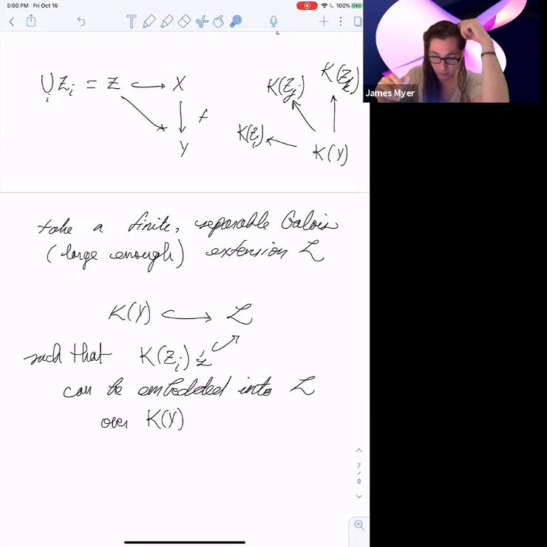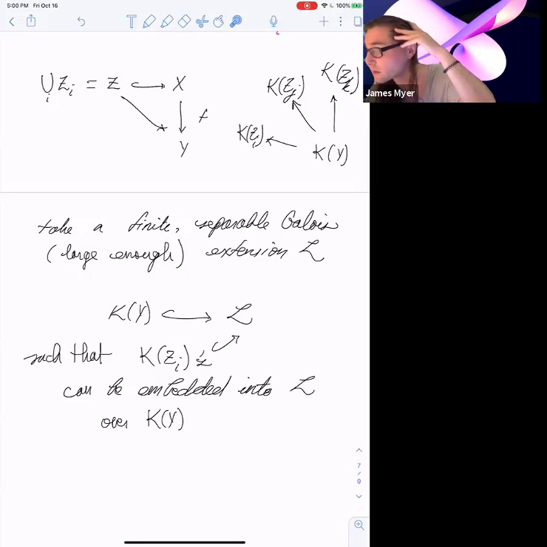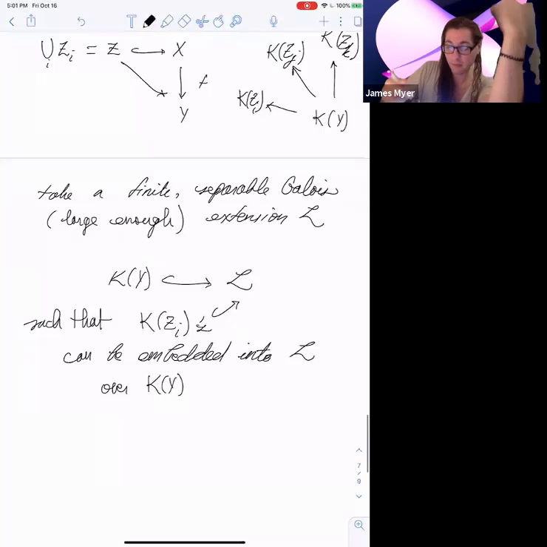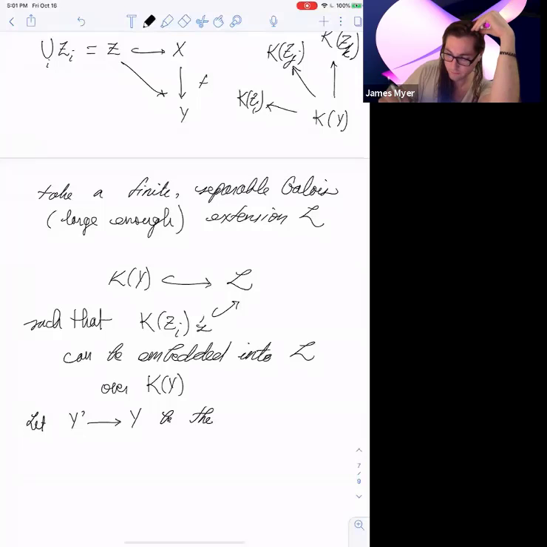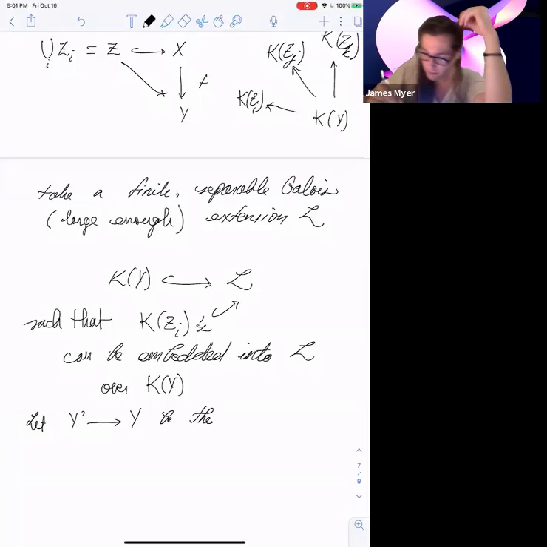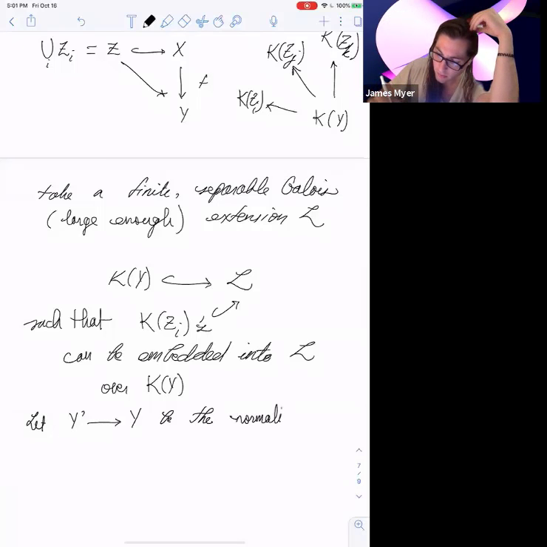Okay, now, so what's the point? Well, now we've got a finite separable Galois extension L of k_Y. So now what we do is we say, let, so how are we going to make our alteration? Well, we say let Y prime to Y be the normalization of Y